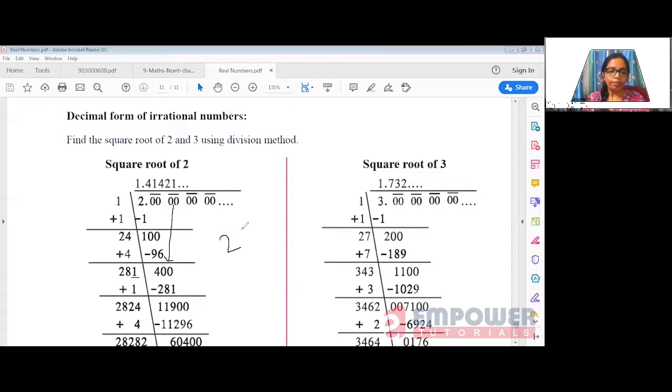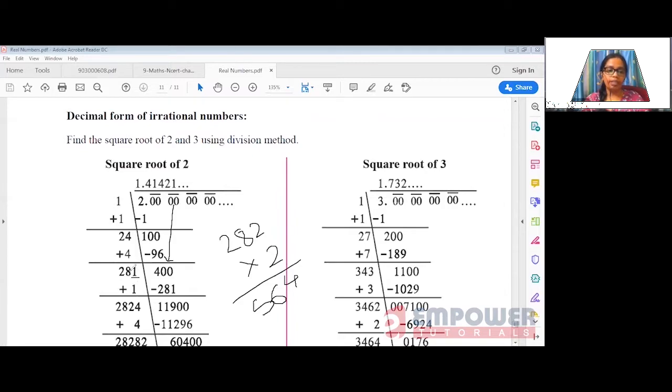Now, what if I am taking 2 over here in this vacant place? So 2 into 2 will be how much? 4. Then 2 8s are 16. Then 2 2s are 4, and this is 564, which is far more than 400. So I cannot take 2 over here, so I have taken 1 over here. So if I am multiplying 281 by 1, I am getting 281, which is less than 400, and it is somewhat nearer to 400, because 564 will be more than 400, and I will get some minus answer over here, and that I cannot afford, right? So I am taking 281 over here.